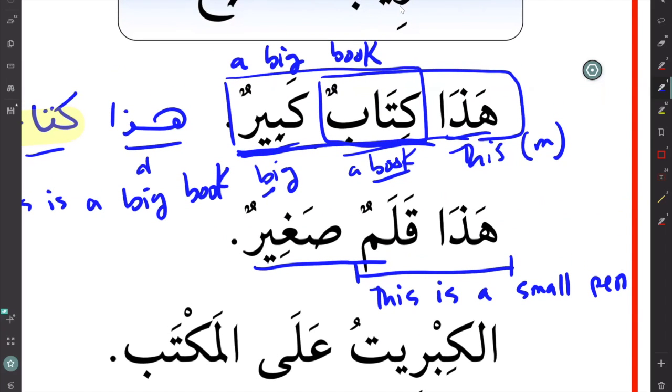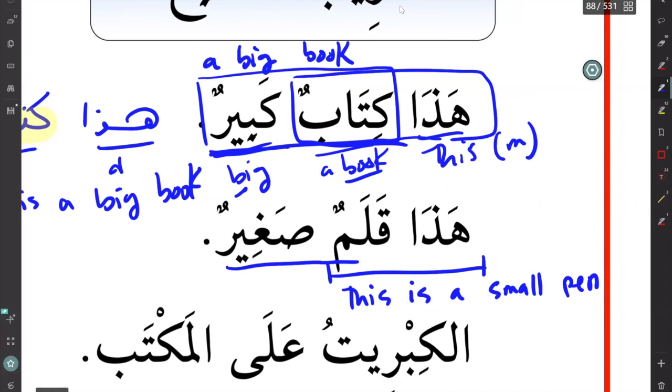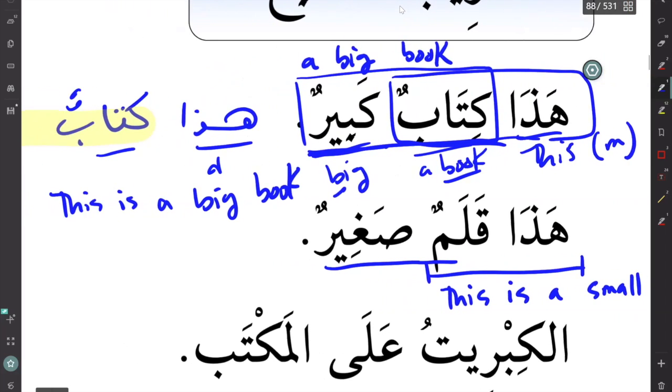Main thing you have to understand is how to find out if something is an adjective phrase or a sentence. In the very simple case, for an adjective phrase, the noun and the adjective will both be indefinite or both be definite. Here both of them are indefinite. قلم صغير, we translate as an adjective phrase, a small pen, and we have هذا, which is definite, means this, and then it makes into a sentence. هذا قلم صغير. This is a small pen.